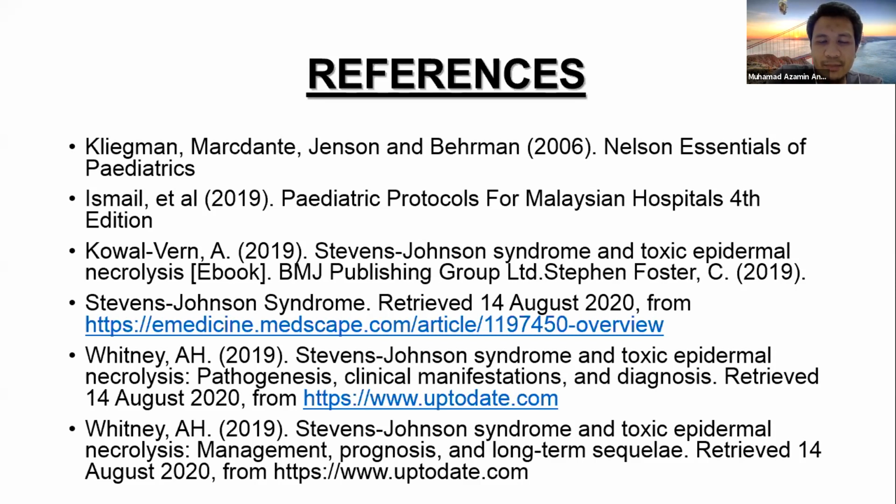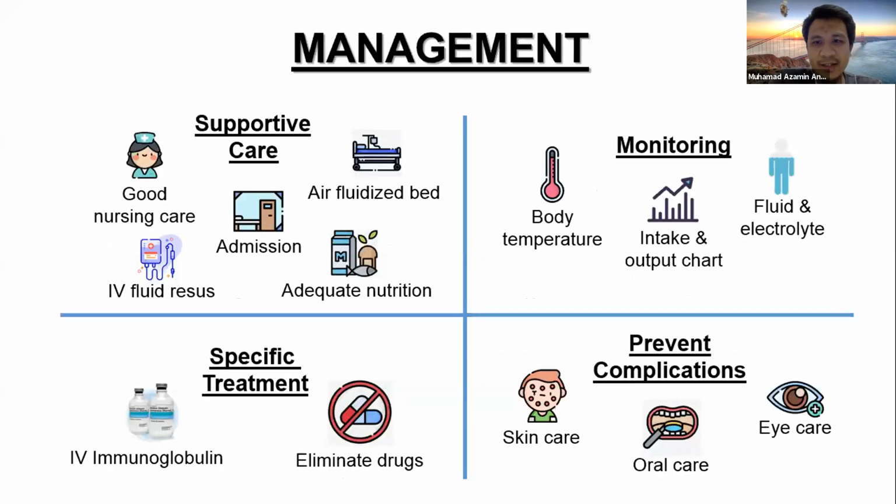Stevens-Johnson syndrome is mainly a clinical diagnosis. People say the gold standard confirmation is by doing a skin biopsy. But if they are very unwell, you need to treat them urgently by removing the triggers, and also make sure that the input and output fluid are balanced. You don't want them to go into hypovolemic shock. Normally we give IVIG. Some of us might give IV methylprednisolone for the treatment, but the mainstay of treatment will be IVIG. And obviously, optimize the nutrition as well.